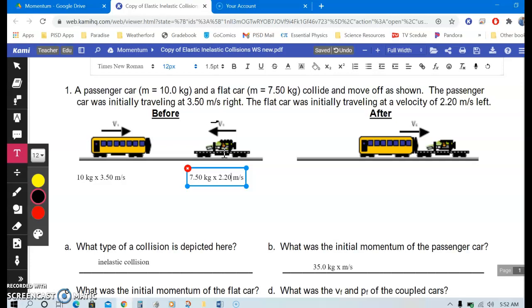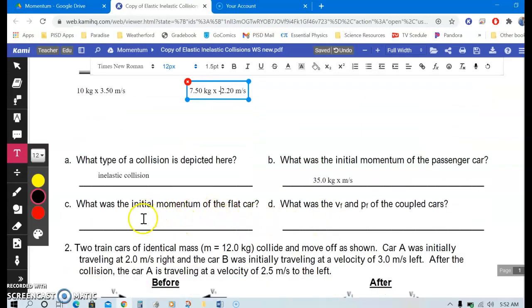So since it's going to the left, remember we said it is a negative velocity. So there we go. All right, so when you type that up, then you would click it, you get your answer, and it comes out to